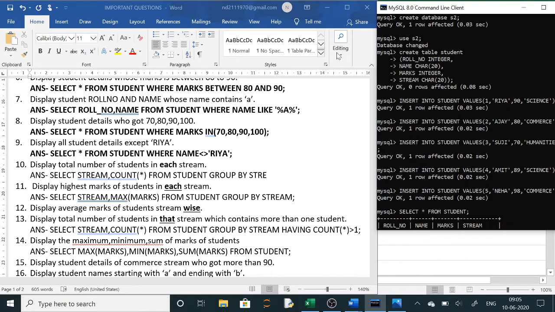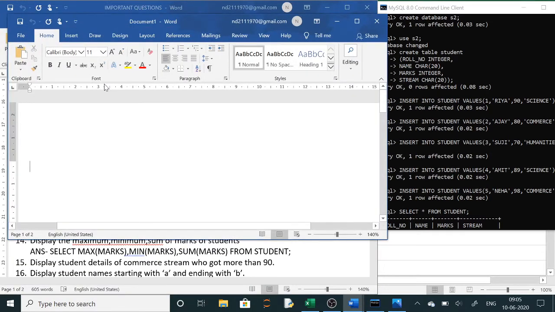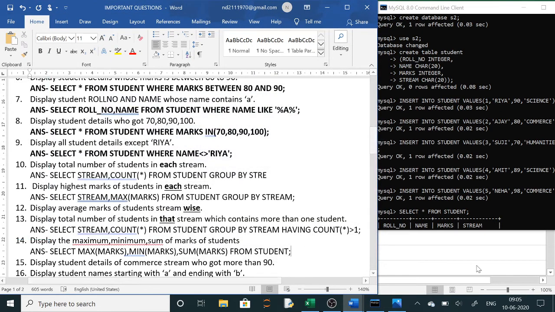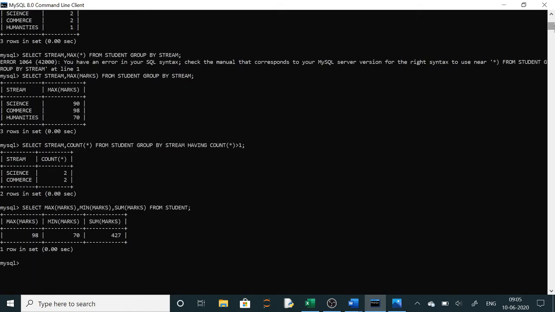All right, so we will save this in a new file. This also I will share afterwards. So these output questions, be careful how you solve them. Clear? Now we were solving maximum and minimum marks, so till here we have done.